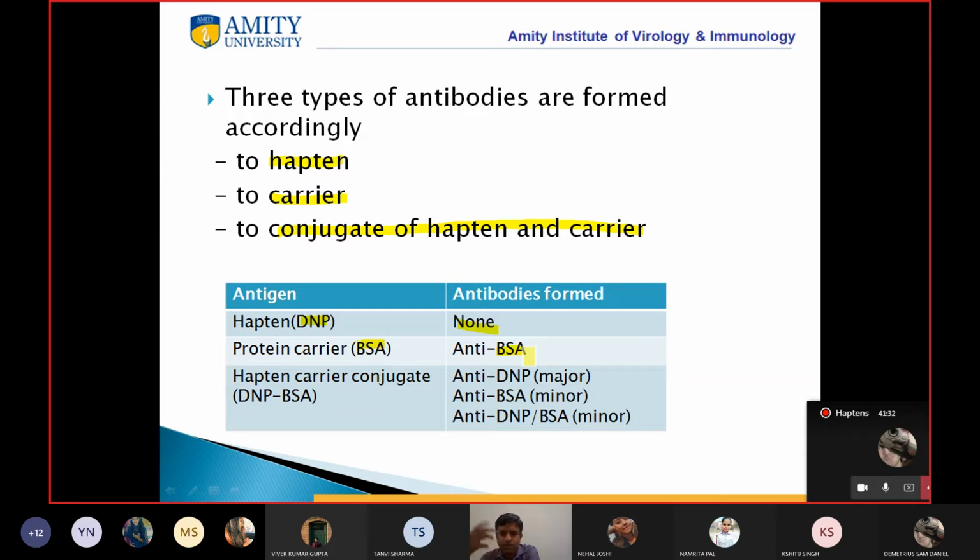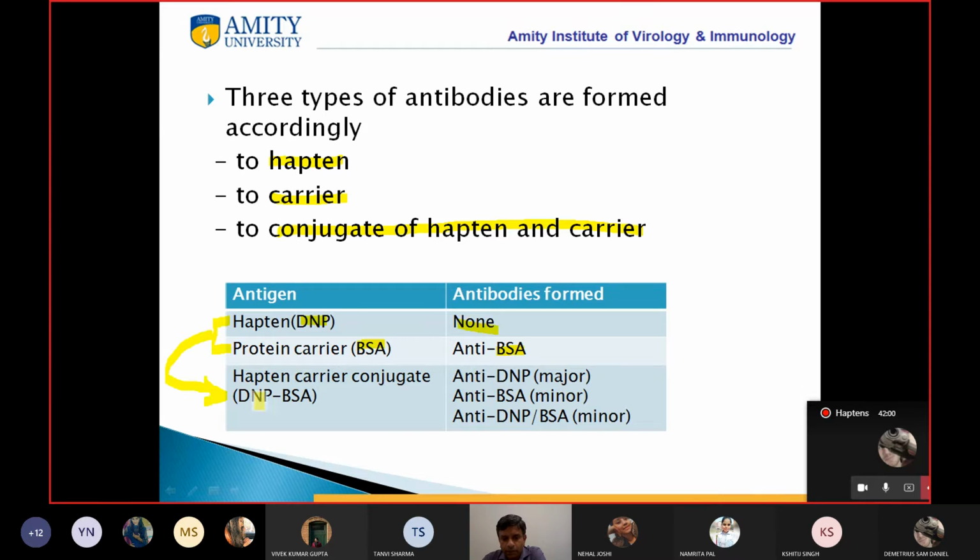Because obviously a carrier protein is a big protein. It has the properties of a good antigen. It will lead to generation of antibodies, but the hapten by itself will not. Now what you are doing is conjugating the hapten and the protein carrier, right? Now after conjugating this,